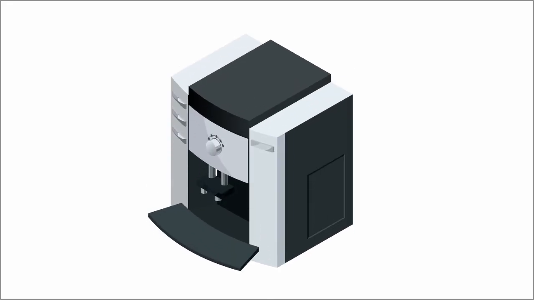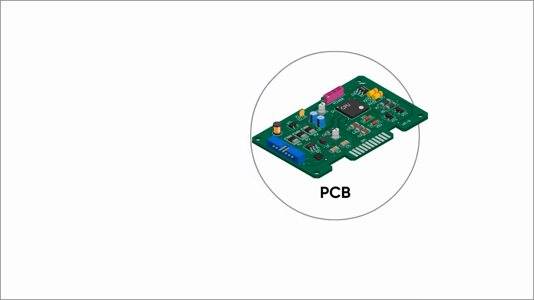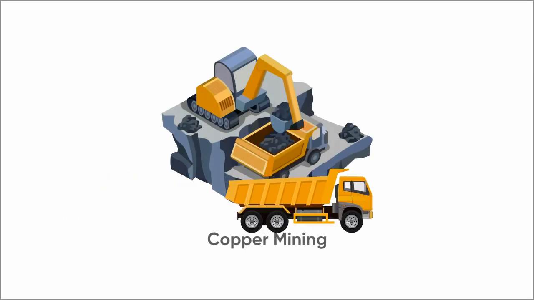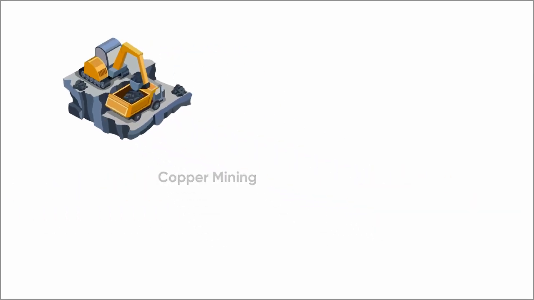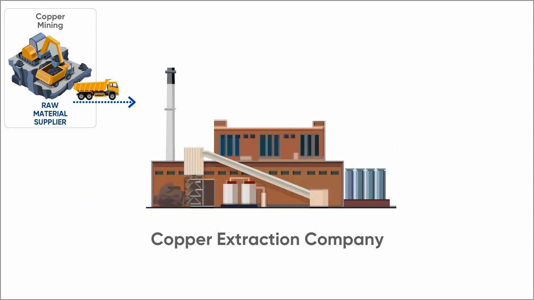One of the many components of the coffee machine was the printed circuit board, the PCB. One part of the supply chain for the PCB started with the mining company that mined copper ore out of the ground. A copper extraction company then extracted copper from the ore and molded it into large blocks of copper